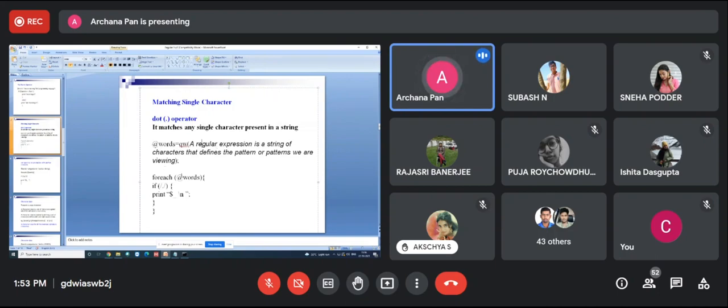Now we want to check. Here we have used the match operator, and within the match we have used the dot. What is the meaning of this? It will match if at least some character is present in each of the elements. The dot operator matches a single character present in this text, actually a string. Can you tell me what will be the outcome for this one?